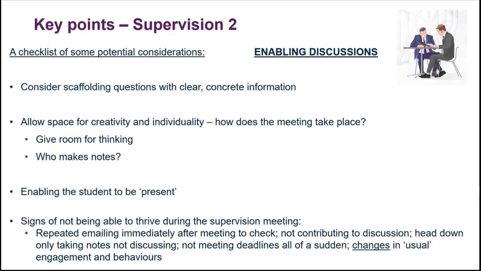But really thinking about how we can enable discussions is really important, and not just assuming that that will be the same for every student, because it won't. It won't be the same for 2 autistic students or 2 students with ADHD. It won't be the same for 2 neurotypical students. So we do have to adapt our supervision and be prepared to adapt that to our students' needs. And that's where it's a really important marrying of the supervisory skills and the students' abilities that make that slightly different for every supervisory relationship.